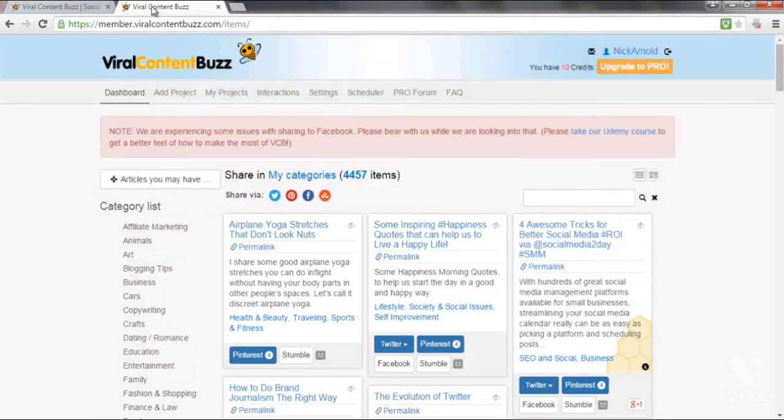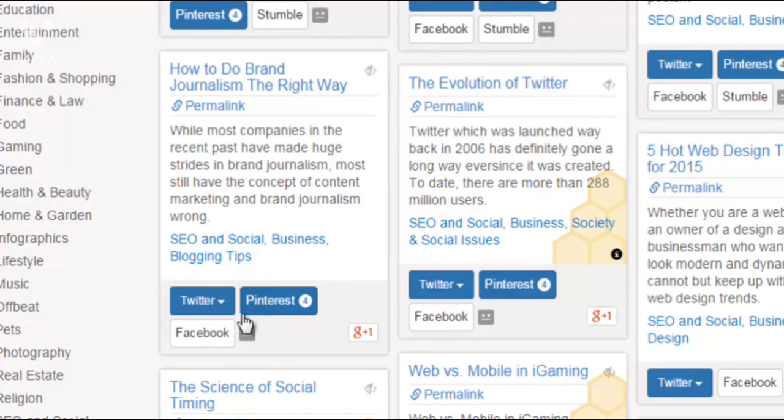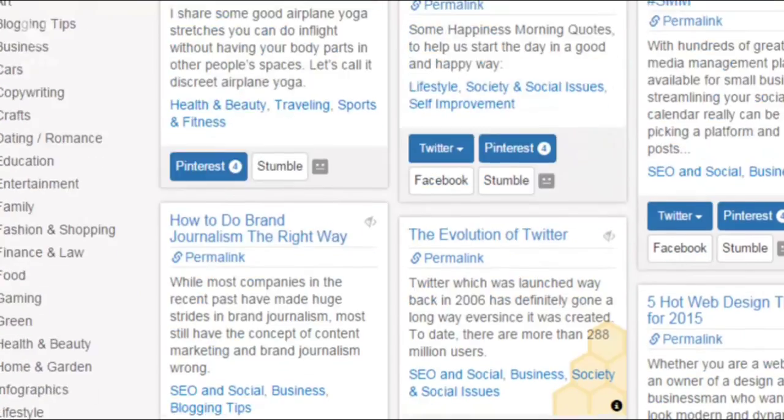So if we head on over to the members area, what we can see is a dashboard that has a bunch of different articles or content. As we scroll down, there are different content, and each content has share buttons, as you can see: Twitter, Pinterest, Facebook, etc. Now, the way this works, it's dead